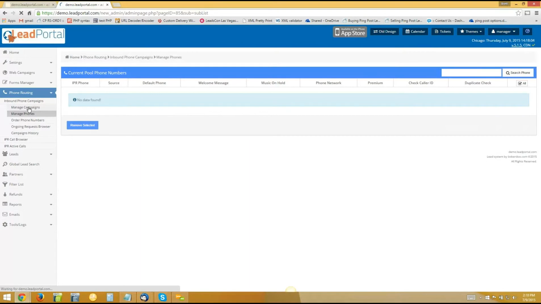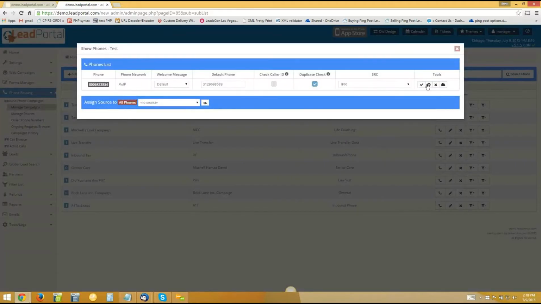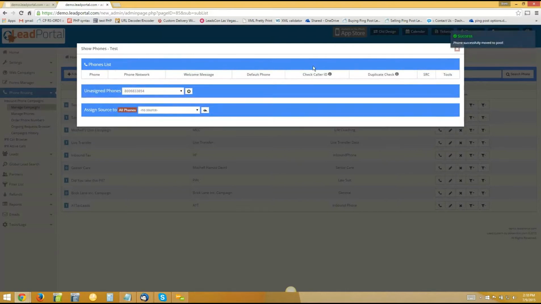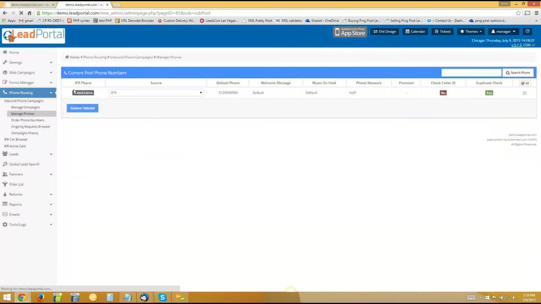So let's say, for example, just for these purposes, I'm going to remove this particular number. So let's say we ordered a brand new phone number. And now we see it here under our Manage Phones tab. So this is the number we ordered, not currently assigned to a campaign. To add a new campaign or to assign it to a campaign that you've already created, you can click on